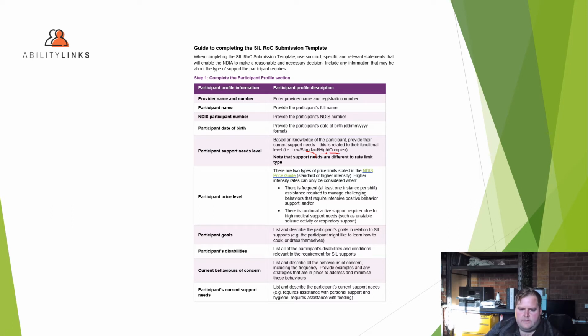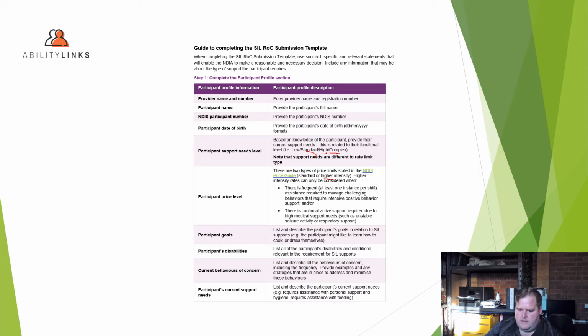So obviously standard and low, we're going with our standard price rate, whereas higher intensity would relate to our high and complex participant. Now, participant goals, it's not in reference to the participant's NDIS goals. This is looking at the participant's SIL goals, so the goals that they'd like to achieve within the SIL service. And then we've got the participant's disabilities and a list of current behaviors of concern,